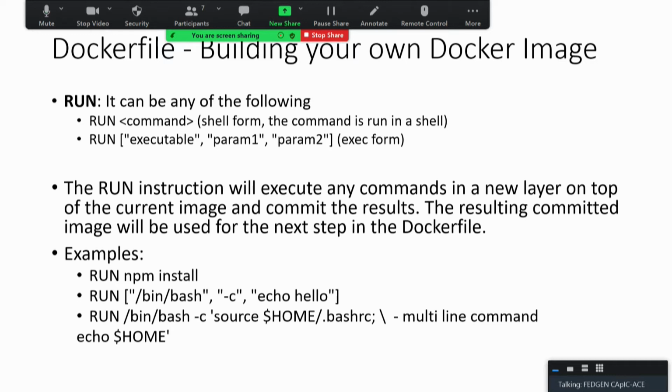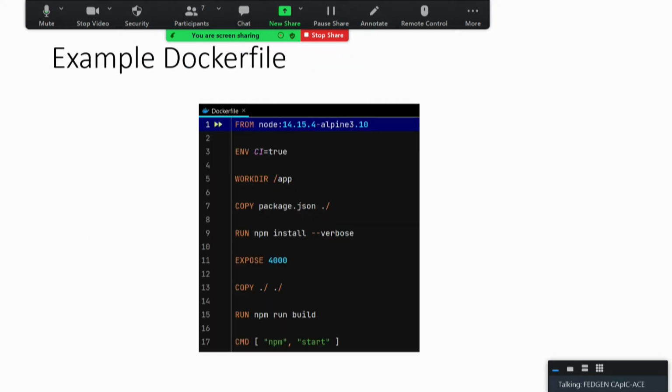If you want to execute any command on the base image, you use the RUN command. The RUN instruction will execute any command in a layer on top of the current image. All the commands you put, it will execute on a layer on top of the image. The resulting image will be committed for the next step of the Docker file. In the first image I showed, we can see a RUN command. This npm install will install all the packages on top of the base image, making it available for the next step